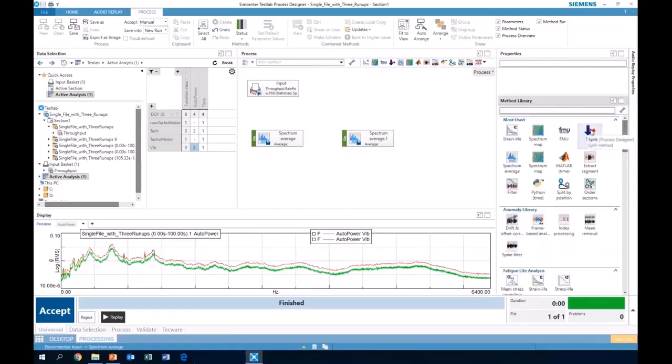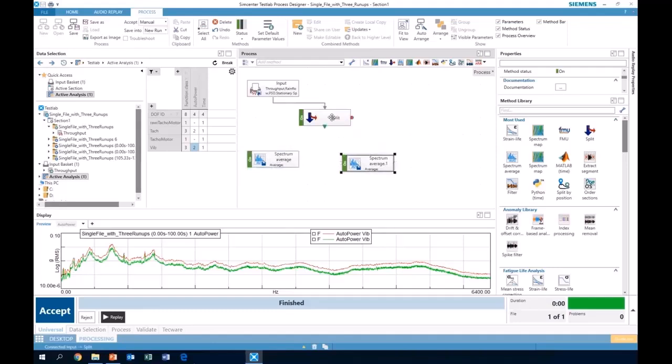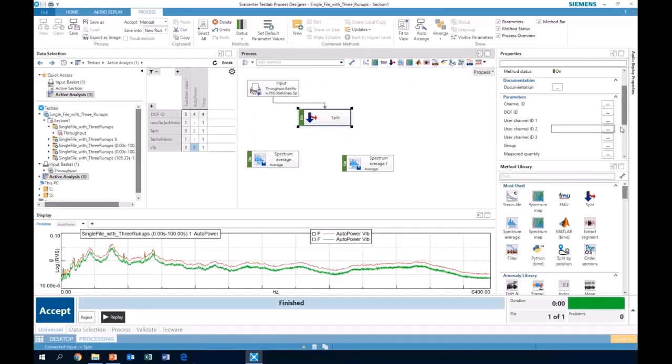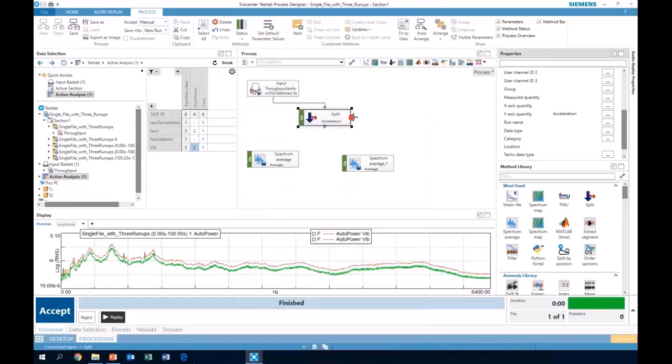We have functions like this split, for example. So I could take the data out, come over here, and then say, on the split, if I pick the properties, I can say depending on the y-axis, acceleration versus sound or something like that, some data will come over here for 1 Hertz processing, and this would be 4 Hertz.